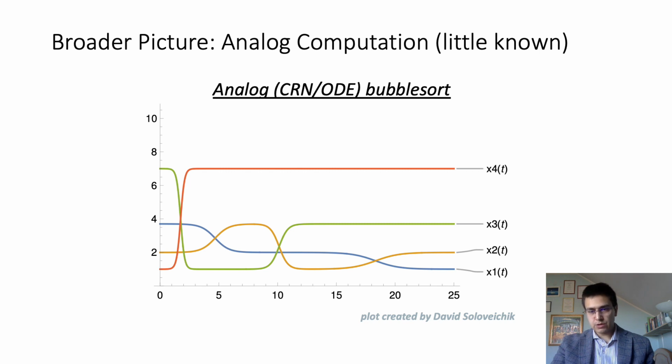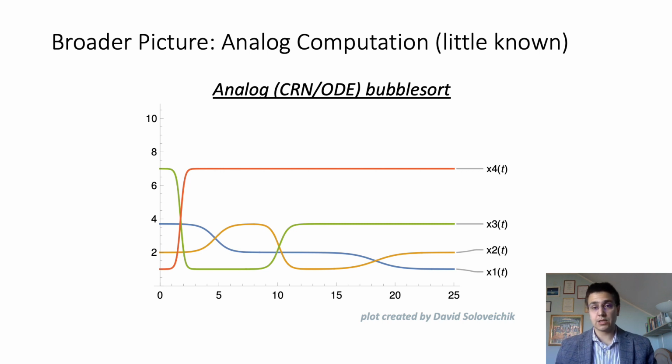So this bubble sort is a simple algorithm, but it took us a long time to understand how it actually works in this analog world, which implies that we currently don't know much about how we encode computation in the analog world. And I believe by exploring analog computation in general, not only will we get a better understanding of how to compute with chemistry, that is CRNs, but will also